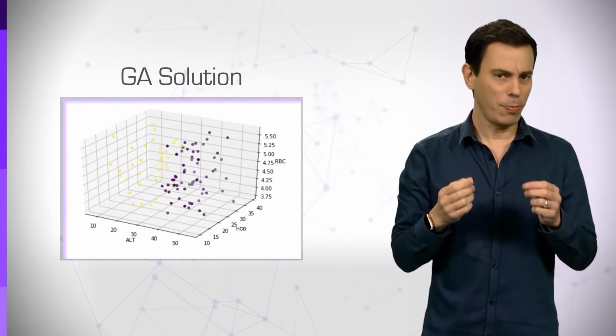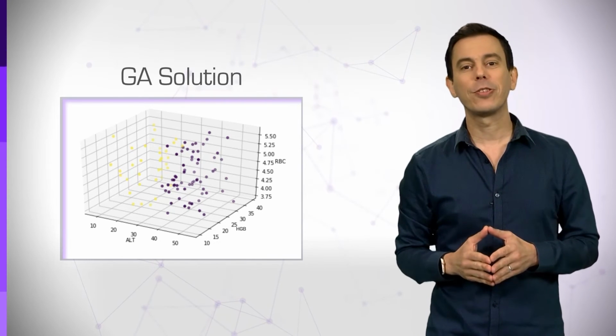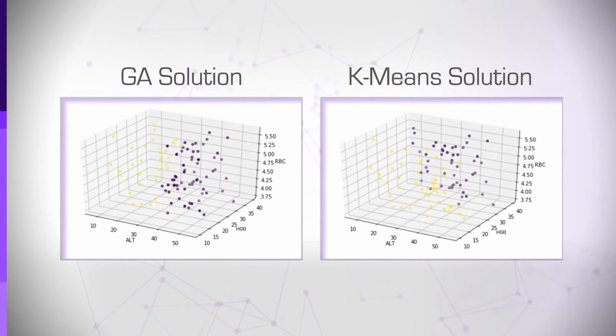As you can see, it's a pretty good solution. Let's compare it to the results of k-means, which in this case didn't arrive at a good solution, nor to as low a fitness score as did the GA. What is the reason for that? The much more rigorous trial and error mechanism of genetic evolution, of natural selection, than the greedy way the k-means algorithm uses to find a solution. In this case, we see that the k-means algorithm and the random centroids it began with actually got stuck in a local minimum that they could not get out of.